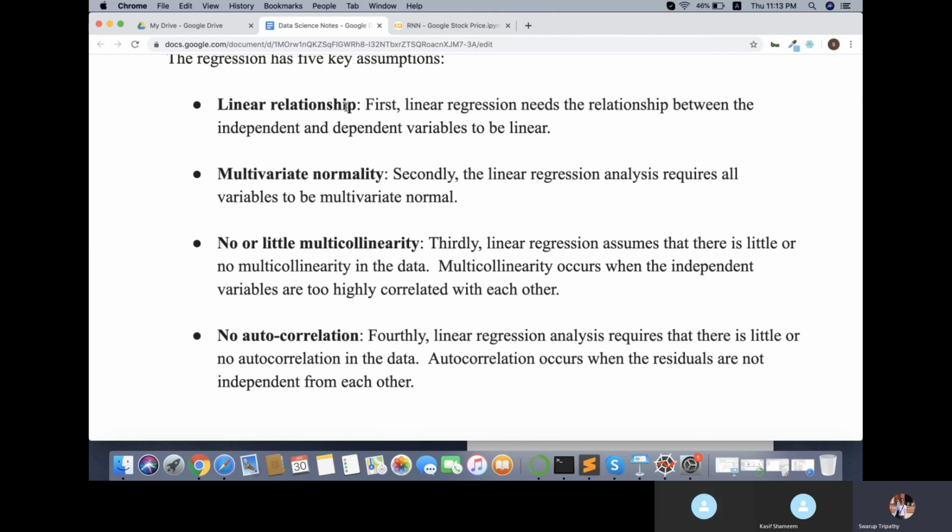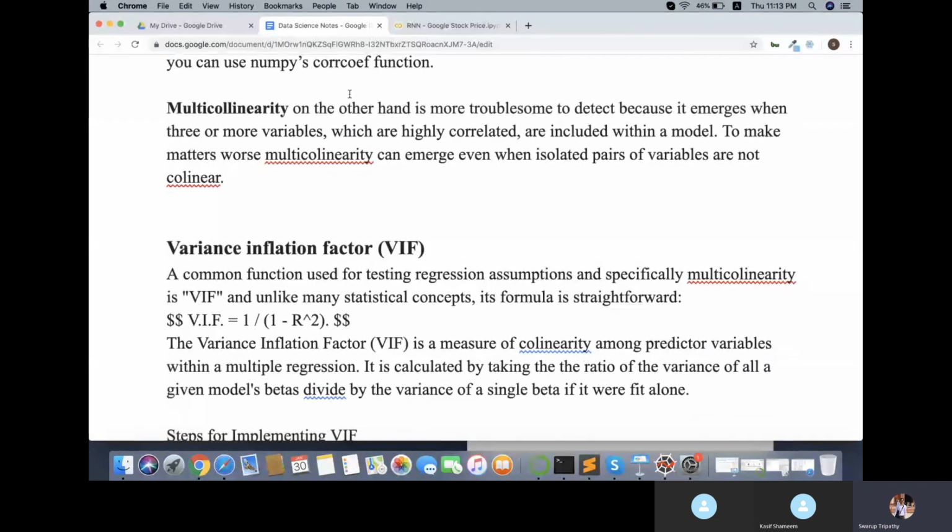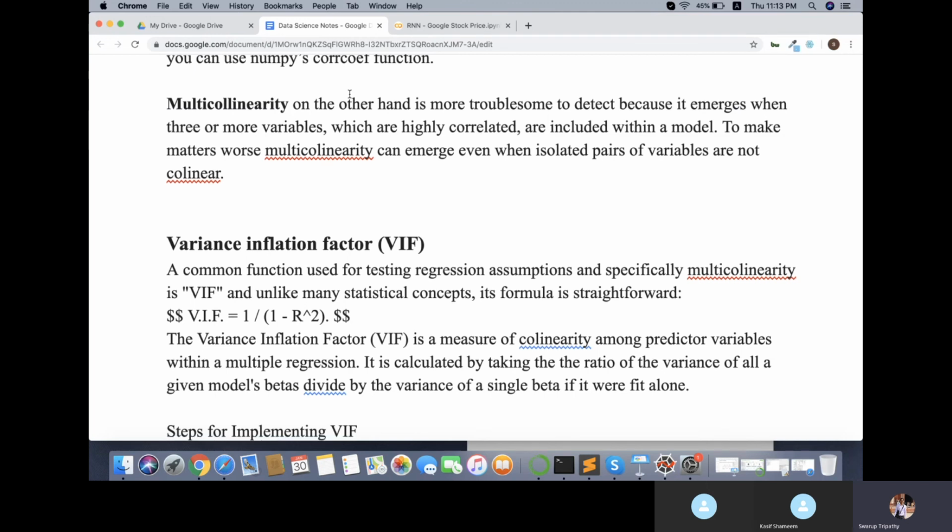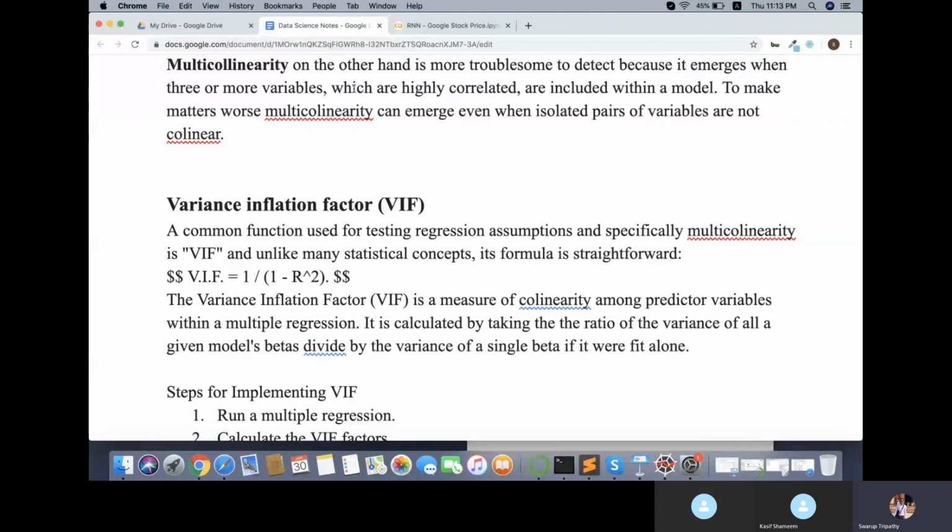Now we are going to use this variance inflation factor test to see if there is any multicollinearity within our data set, like the one we took last class, the student scores, to check the writing score based on math and reading. We will take that data set and see if there is any multicollinearity. This VIF is given by the formula 1 by 1 minus R square. It's a very simple formula, 1 by 1 minus R square. So what it will do, first it will do regression.